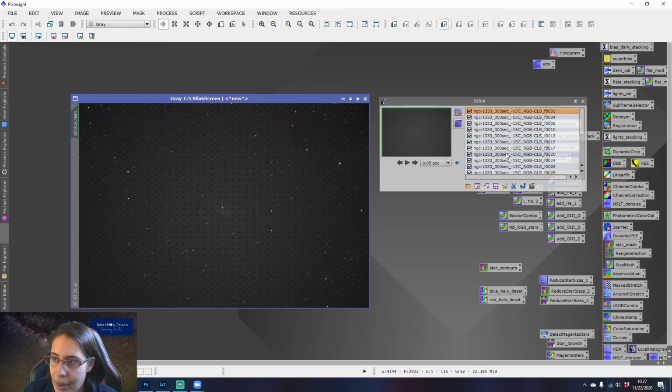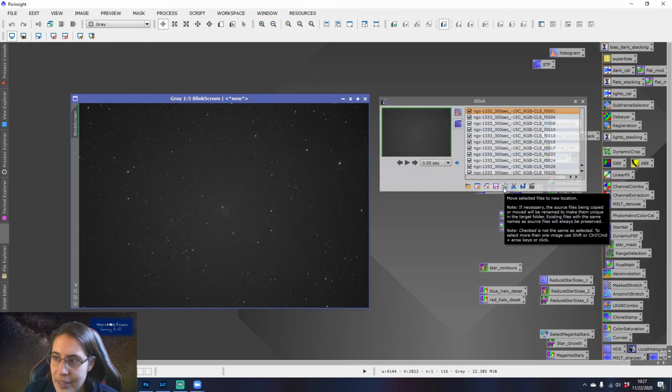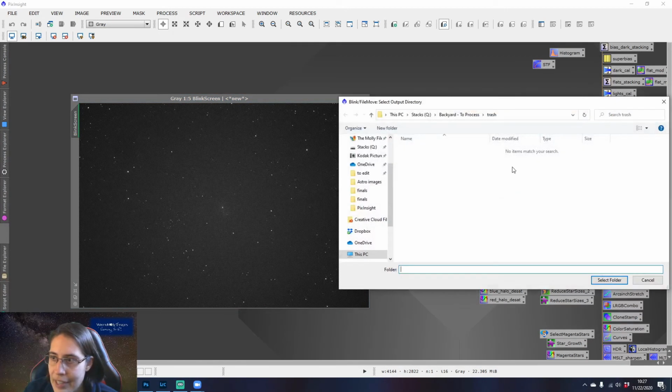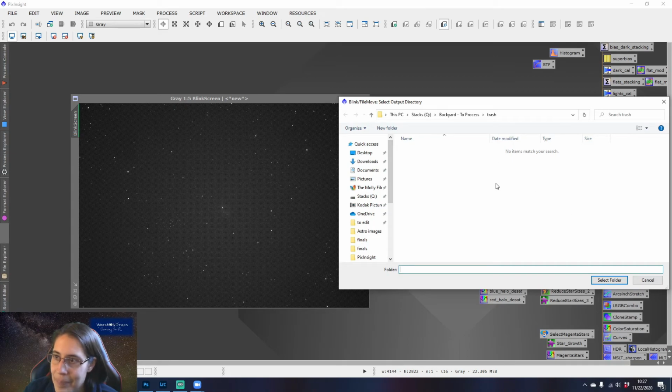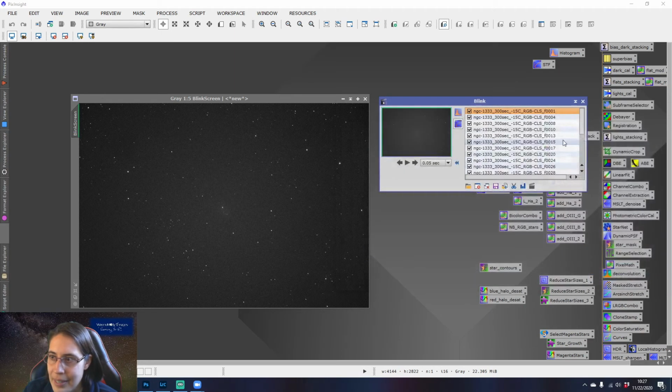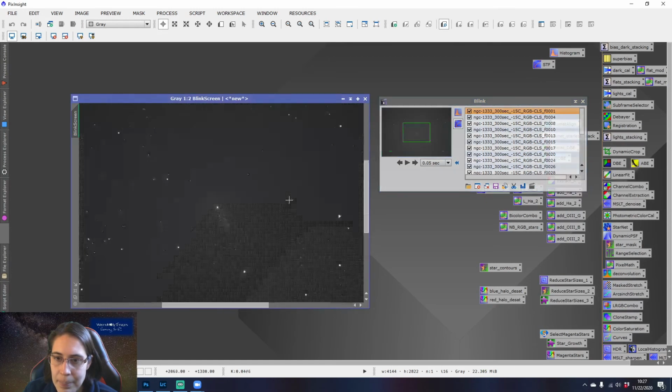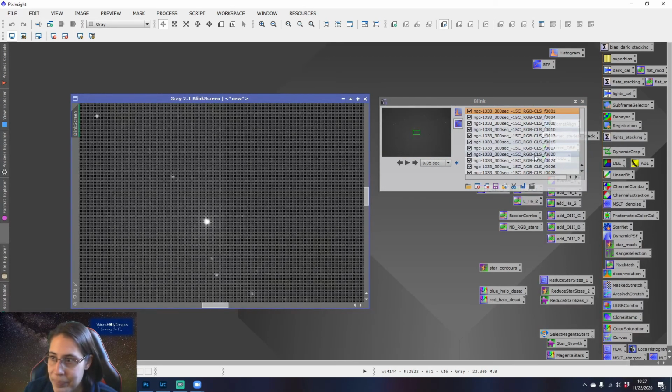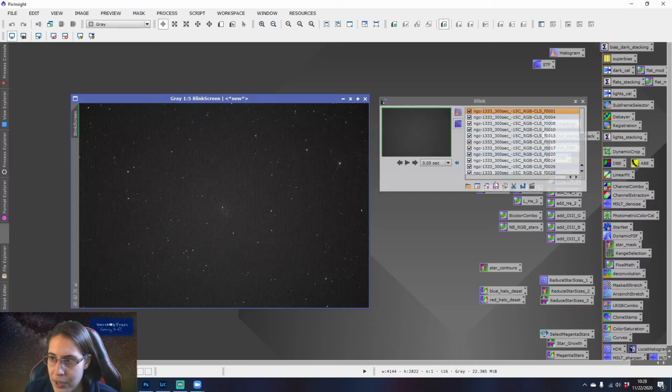You can go through and delete ones where there's obviously clouds rolling through or tree branches or stuff like that. The easiest way to delete them is to hit this Move Selected Files to New Location button, and I just created a trash folder since I can't actually select the recycle bin from here. And I just move them to this trash folder and then later on empty out the trash folder into the recycle bin. Quick and easy way to delete the bad images. Yeah, so after you've gone through all of your images,